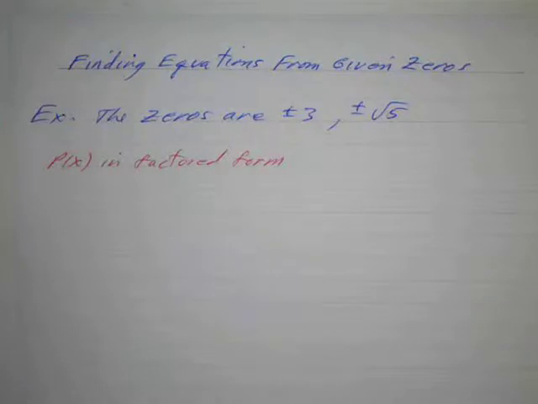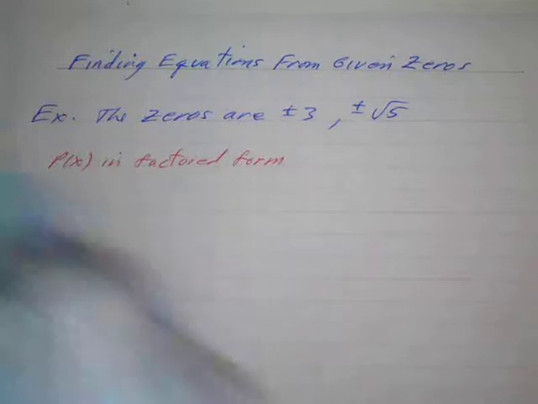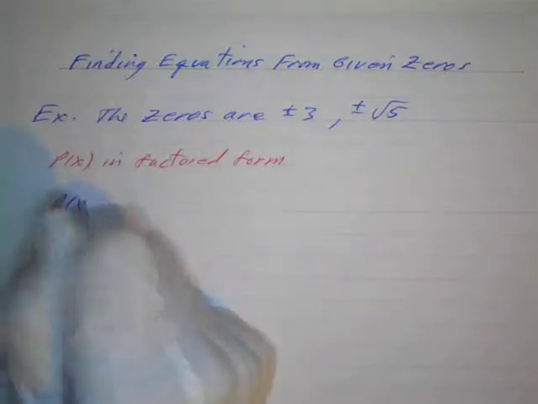Okay, here's another example of finding equations from given zeros. The zeros are going to be plus or minus 3 and plus or minus the square root of 5. So first of all, we're going to write our polynomial in factored form. So you can say our polynomial equation, I should say, and that's going